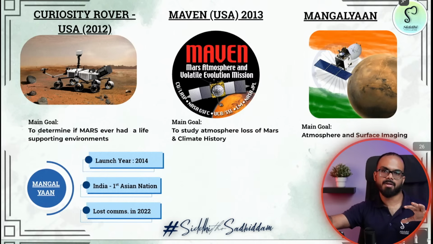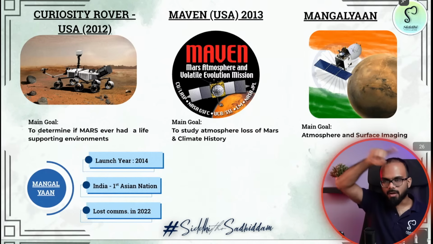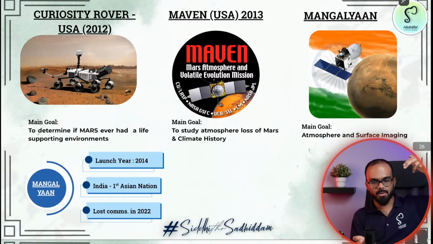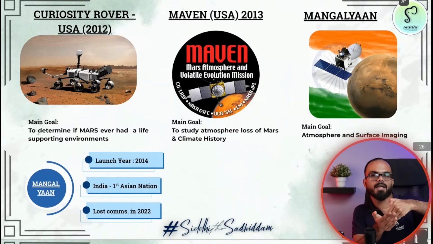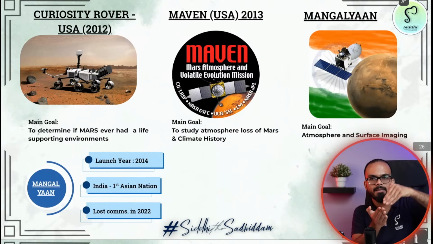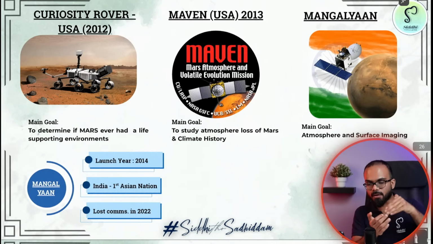As I was telling you, exploration of Mars is difficult because Mars has a very, very thin atmosphere. So you cannot directly orbit around Mars. If you have to land, you have to do a hard landing. You have to directly come and land on the surface. Many times, Mars landing fails because doing a landing is easy, but you will do a hard landing. You will fall on the surface, then your payload will not come out. You cannot do any further explorations. So soft landing is extremely important, and one such rover that went on Mars is the Curiosity rover.